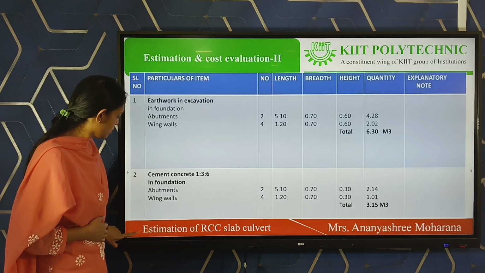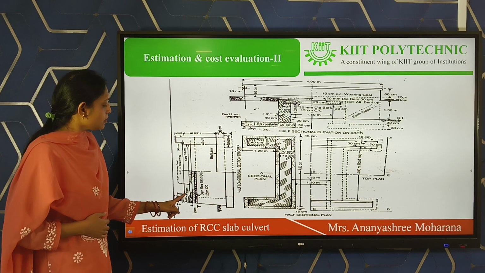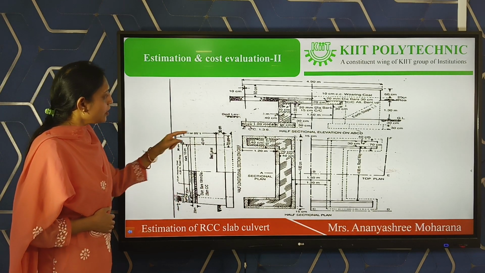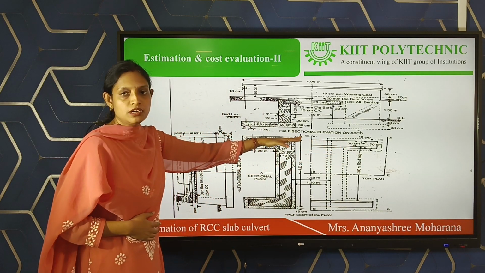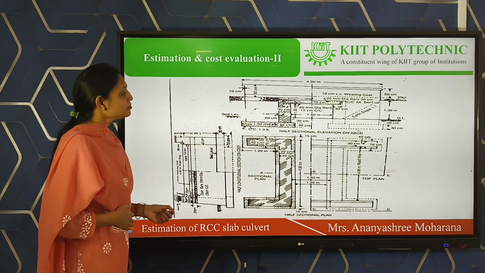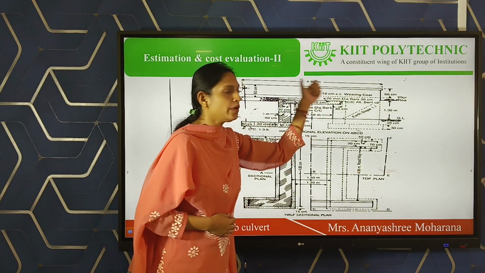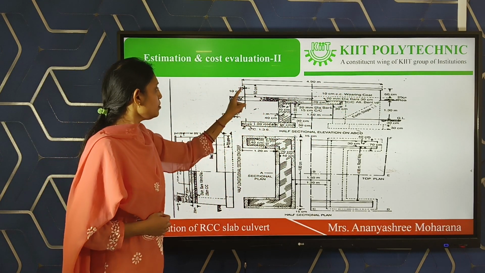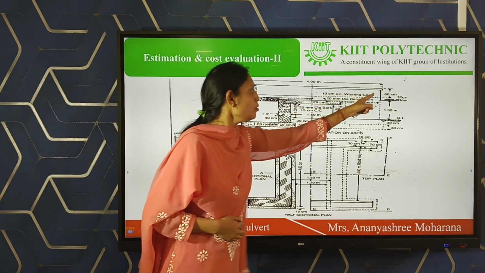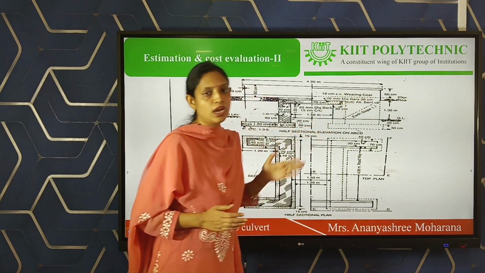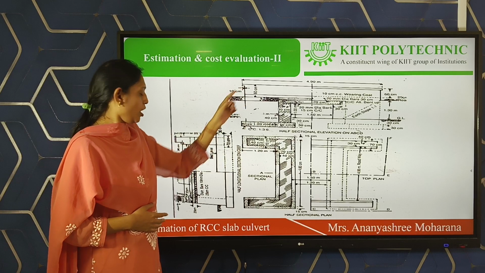0.2. Parapet: here we know that one parapet is here and another parapet is here. The number will be 2 and the length will be up to curb. Here the parapet length is 4.9, but up to curb this length will be 4.7, because this coping portion we have to deduct, and this part is called parapet up to curb.